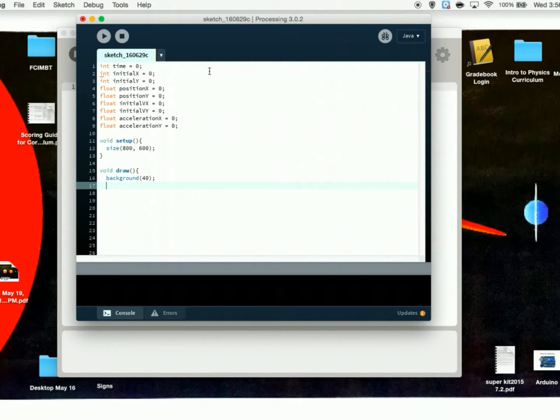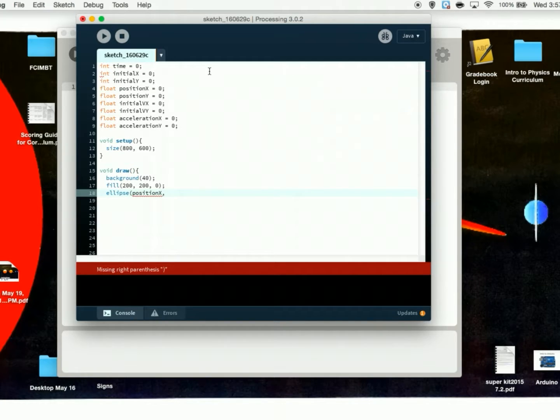Go with 40. We'll draw this thing. I think maybe this will be green or yellow. Probably yellow. We'll see. And then we're going to draw a circle like before